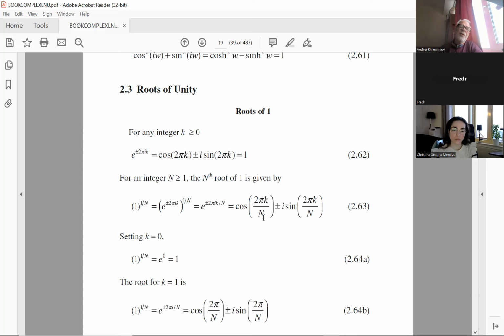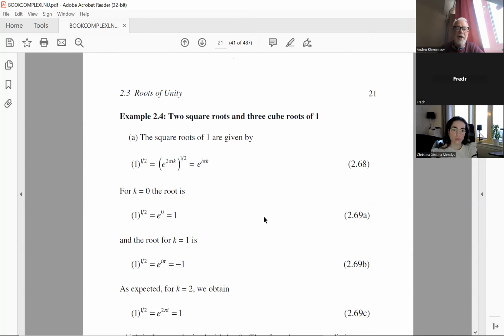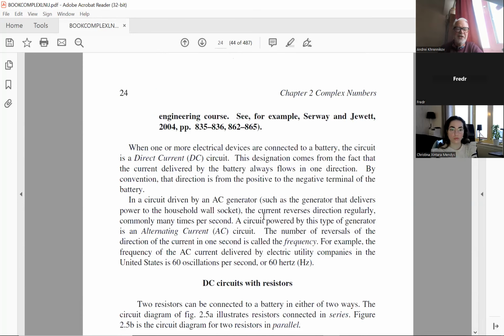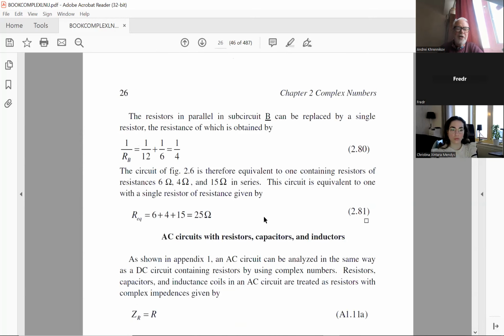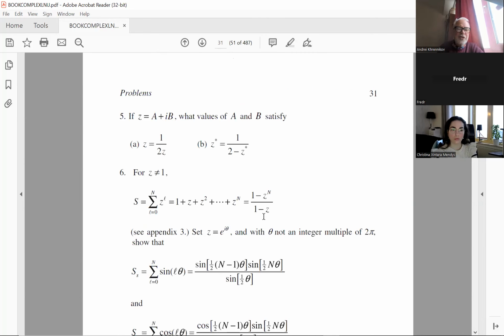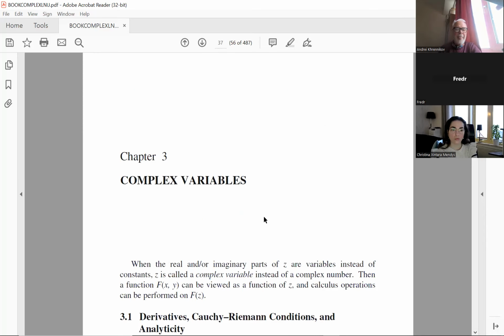Now, even if you don't know precisely cosine and sine, you can do this on a computer or calculator. So approximately you can find the roots for any n. The same with roots of -1. Cubic roots, it's the same. There are many examples, which were considered during the first lecture. Electrical circuits, I cannot tell you. Maybe if you have some electrical engineering, they will use complex numbers for this. There are also problems, but I prefer the textbook, which I will send you.